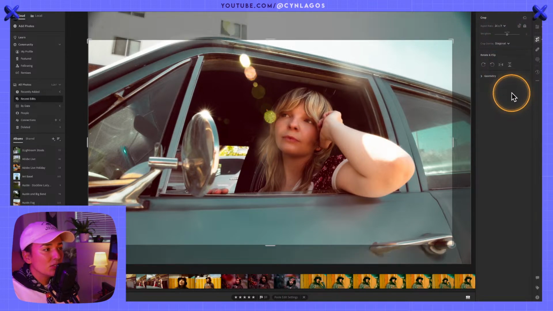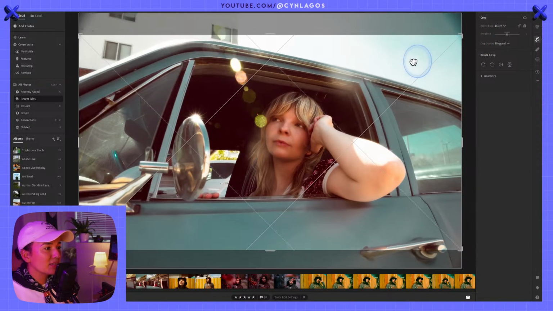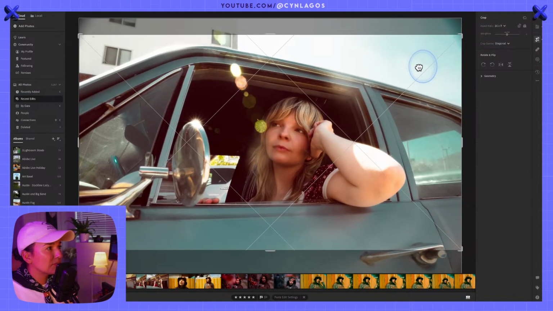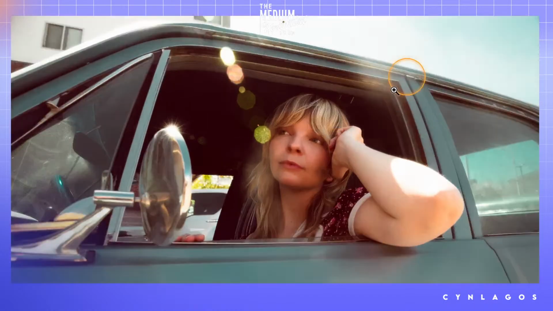I think I'm gonna do this as 16 by 9 because we don't want that sky, I don't think. Now it looks like a movie. Beautiful. Love it. That was fast, simple,